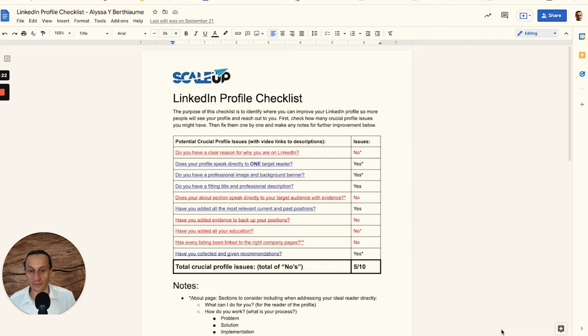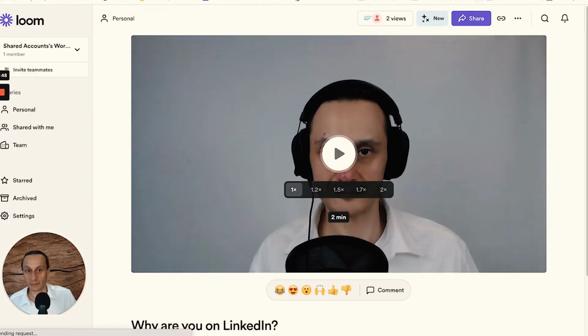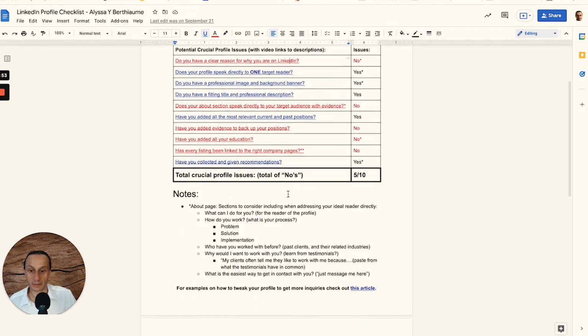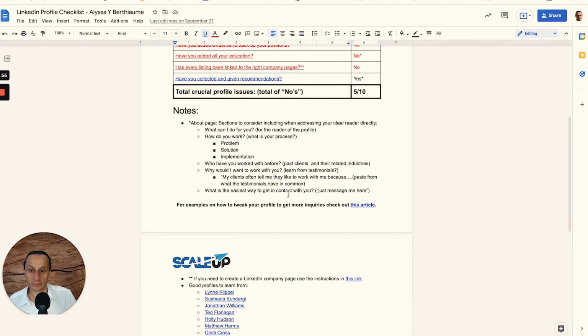And here you see that I've gone over these 10 points, and I've highlighted in red the areas she needs to work on, and in blue the areas where I think she's fine. And here in the end I have added a summary. All of these sentences here are linked to a video, so she's able to get more information about what is covered in that particular point. And if we go here to the bottom, I've added additional notes to provide additional clarity.